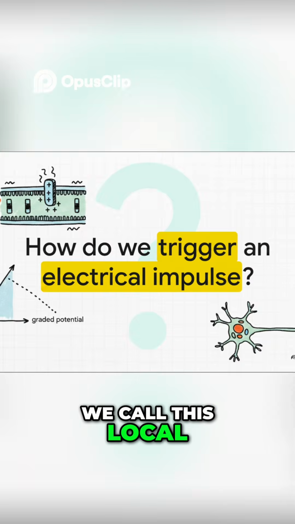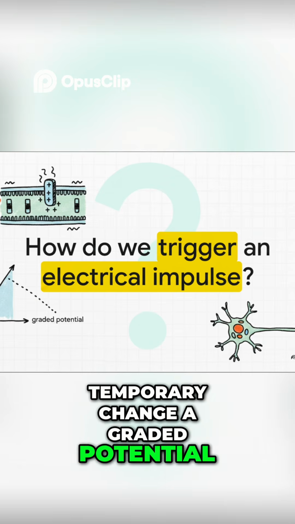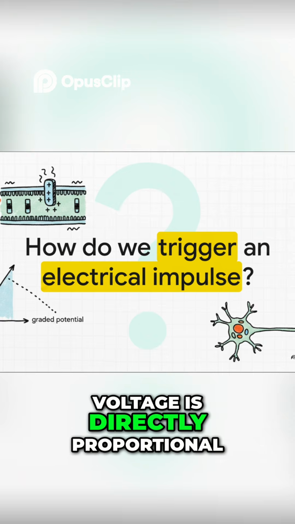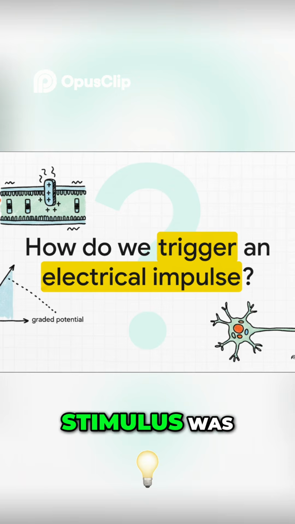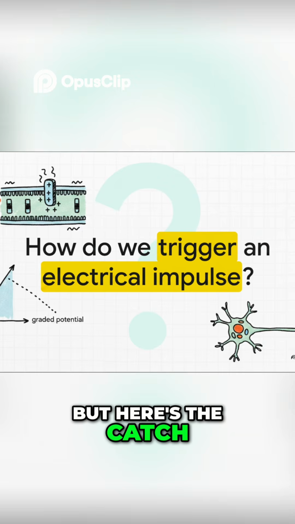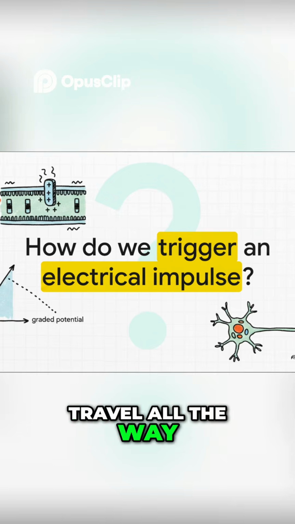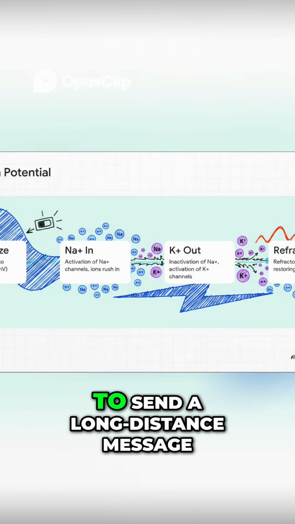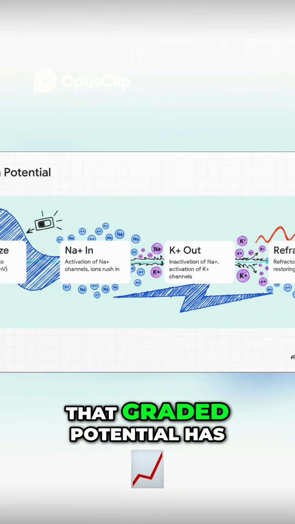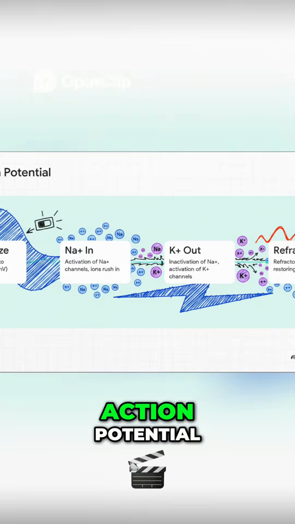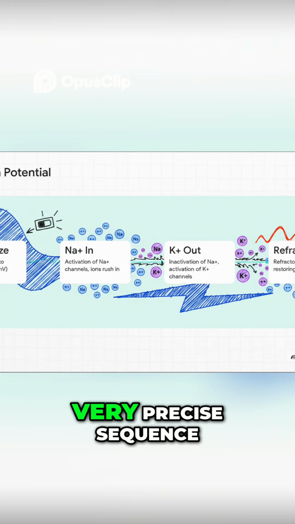We call this local, temporary change a graded potential, and the change in voltage is directly proportional to how strong the stimulus was. But here's the catch. A graded potential all by itself isn't strong enough to travel all the way up your arm to your brain. To send a long-distance message, that graded potential has to trigger an action potential, which happens in a very precise